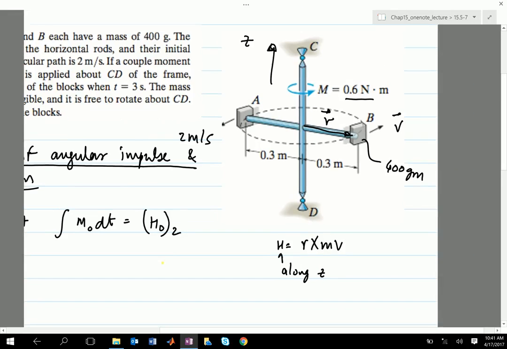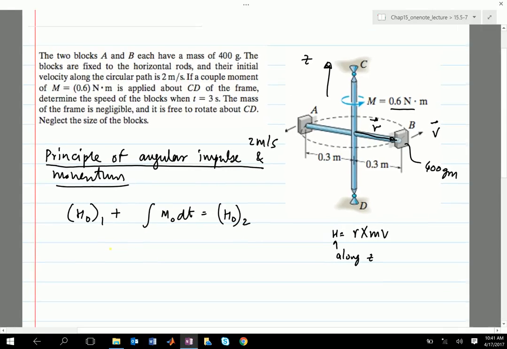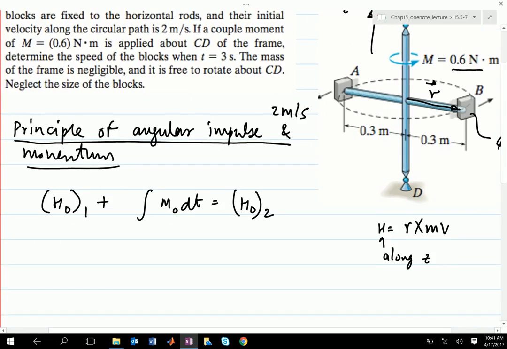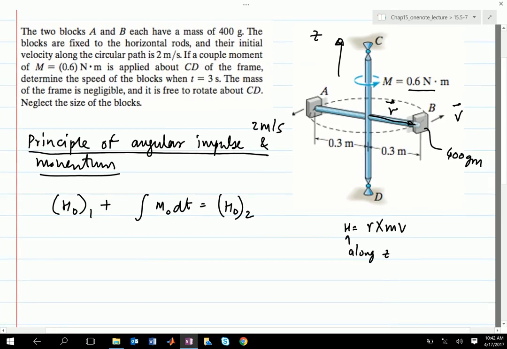It's very unlikely that you'll have a problem in the book or in the exam which will be two-dimensional or three-dimensional H. H will usually be in one direction, along Z, one axis, not about two axes. So HO is the angular momentum of A and B, and since there are two of them,